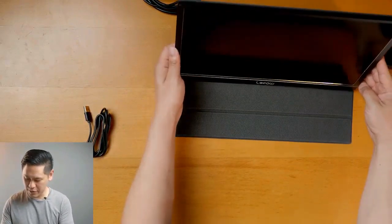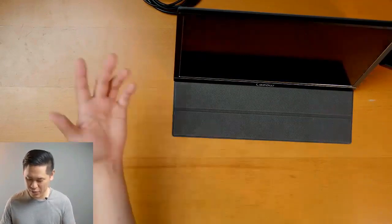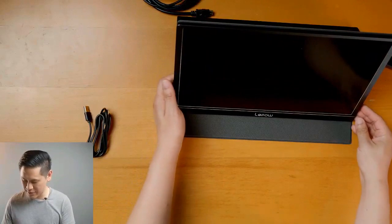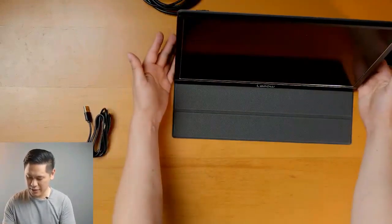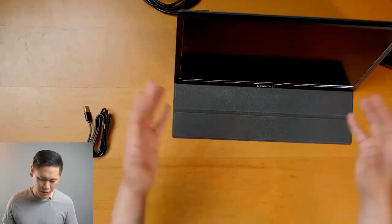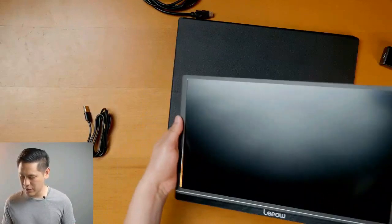There are some other ones that are a little bit weird that have like a hole in it and you have to put a pen in there to mount it up. I don't really understand that or get it. It seems quite odd. So having the case like this, where you can just mount it on its own, is really convenient. In terms of the build quality,